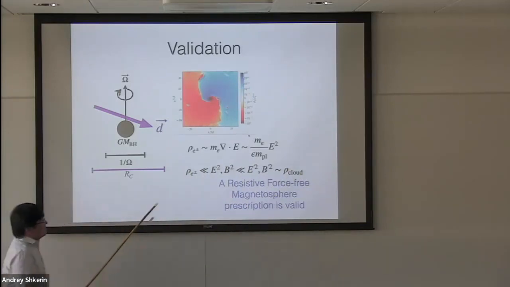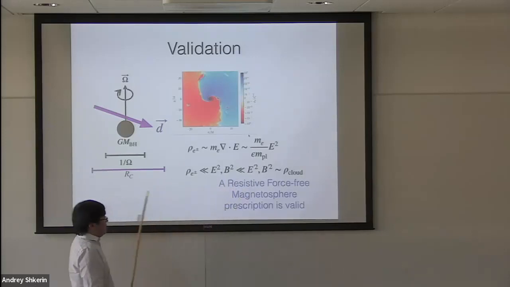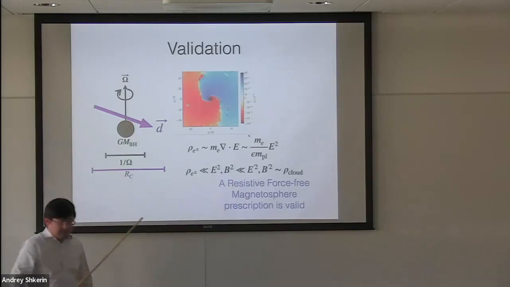And this is important. So the first inequality is important such that the resistive force-free magnetosphere prescription is valid. Well, the second inequality is important because we do not want to account for the back reaction on the dark